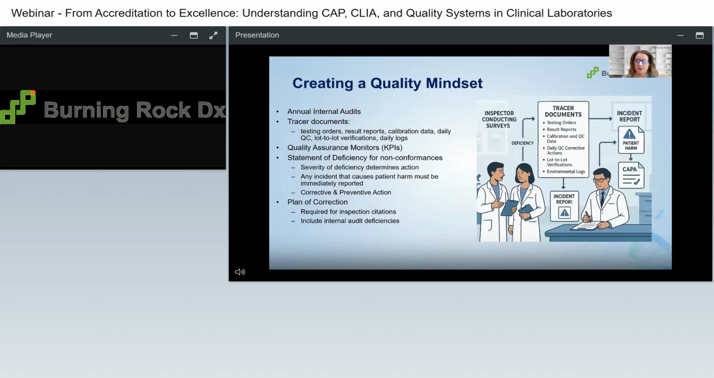All right, next up, I'd like to talk about what I call creating a quality mindset. So quality should always be in the forefront of everyone in your lab. How can we make this process better? Are we doing all of these things correctly? And one of the best ways, I think, personally, to do this is through internal audits, where we actually go through and we are testing our system. We also use what we call tracer documents, which are test orders. So we put dummy orders into the system just to make sure that we get the results out that we expect